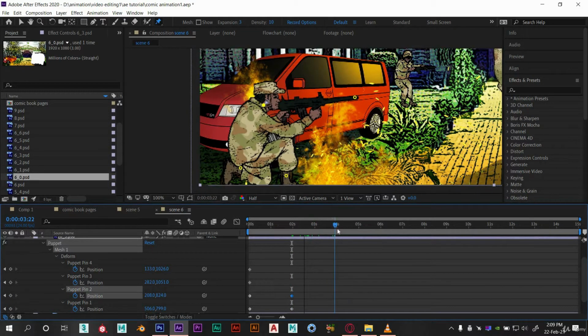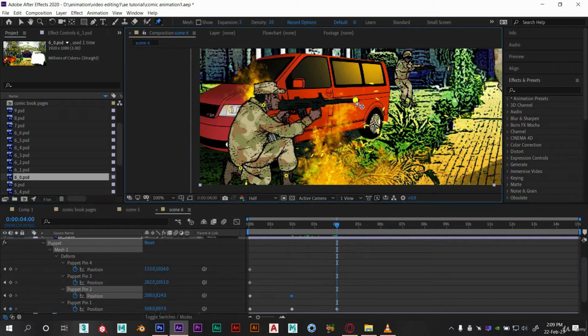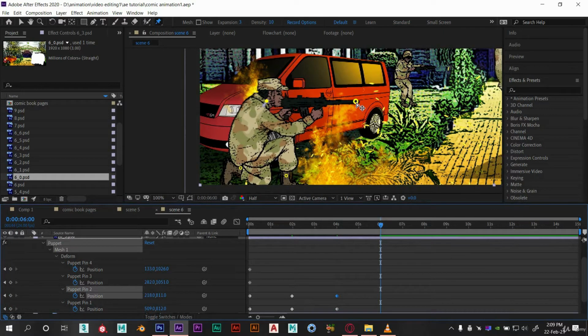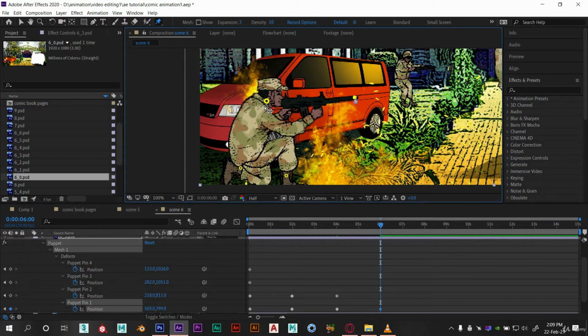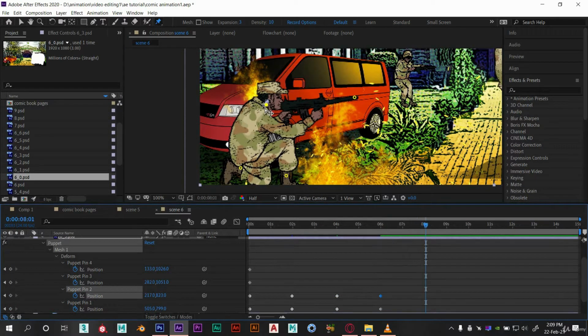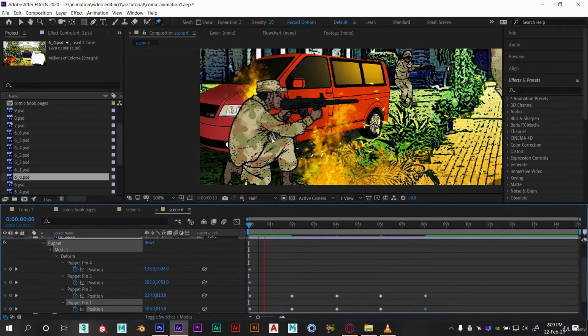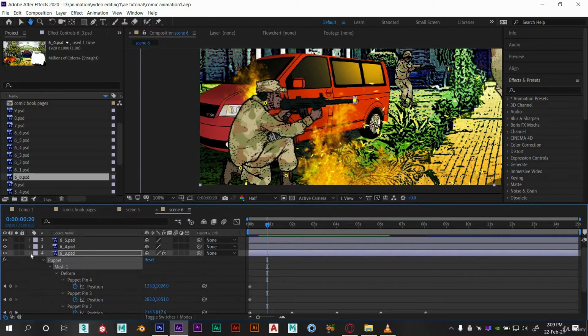And now move to 4 seconds and again place them at their original place. Now again repeat these steps till 8 seconds. Let's see the preview. This is okay. Now let's move to the next layer.